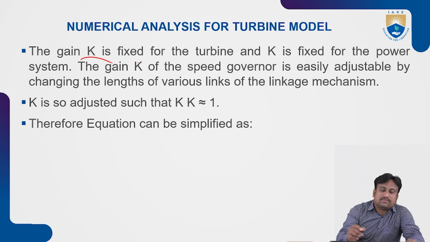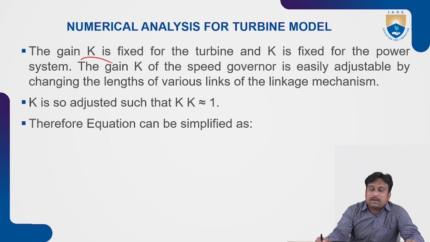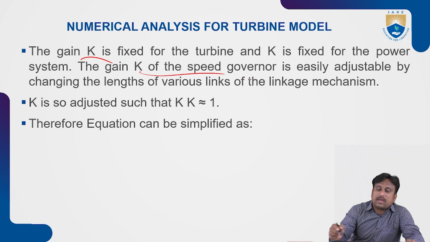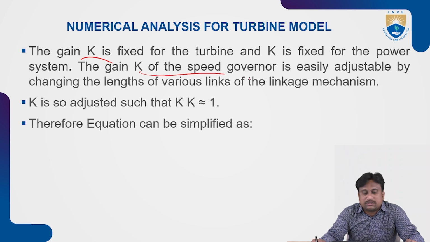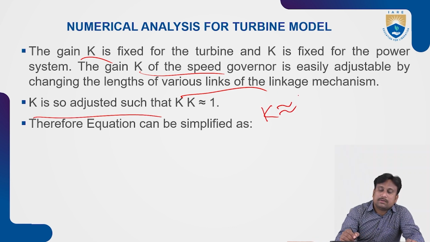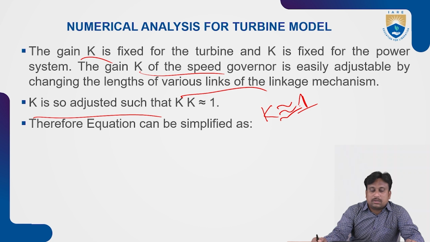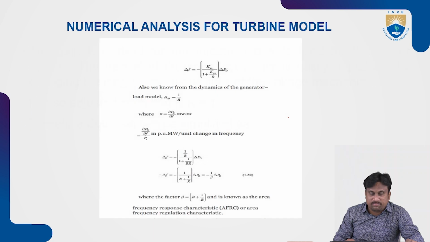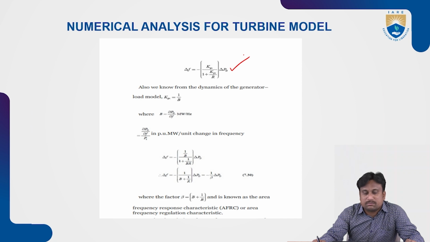So gain K is fixed here for the turbine, and K is fixed for the power system network also. The gain K of the speed governor is easily adjusted by changing the lengths of the various links of the linkage mechanism. So K is adjusted such that K is approximately equal to 1. Therefore the equation can be simplified as delta F equals minus KPS by 1 plus KPS by R into